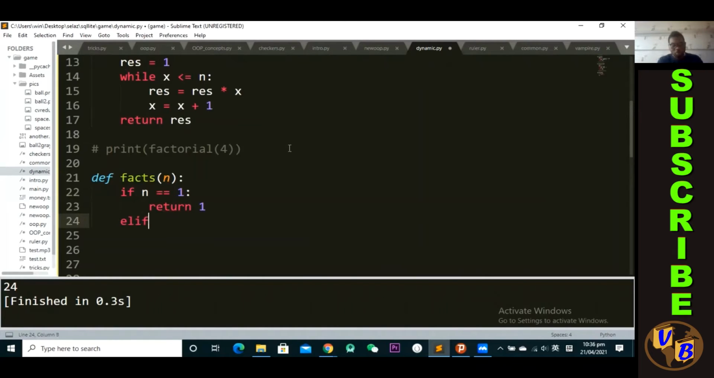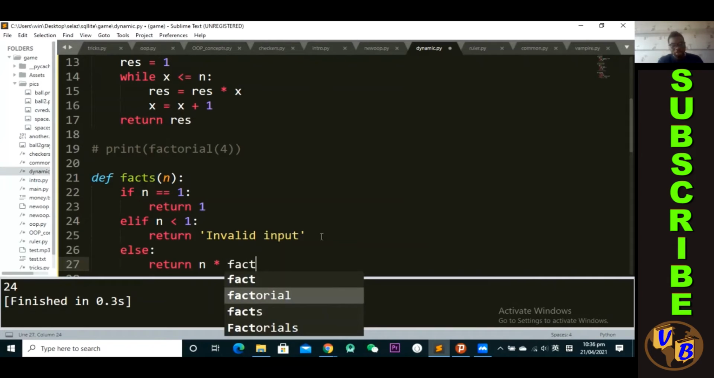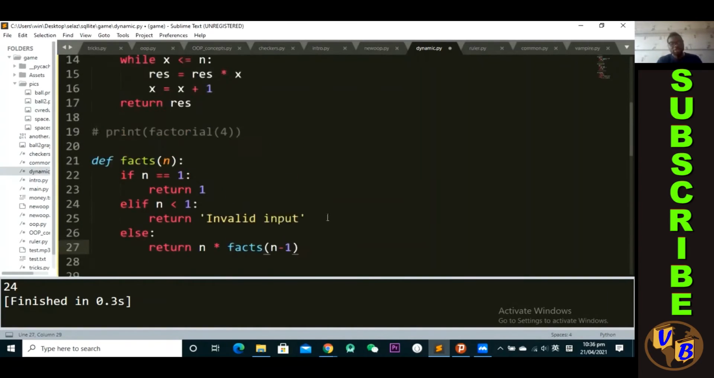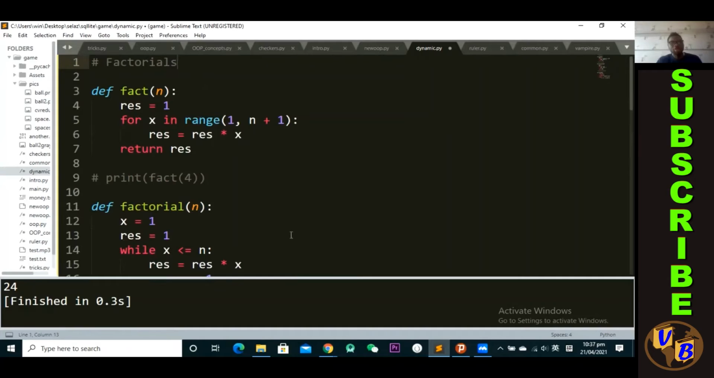If n is less than 1, we want it to return invalid input. You're not passing anything less than 1. Okay, and then else we want to return n times facts of n minus 1. All right, so I explained this earlier on when I was explaining about the 5 factorial